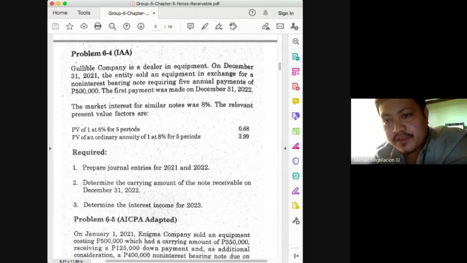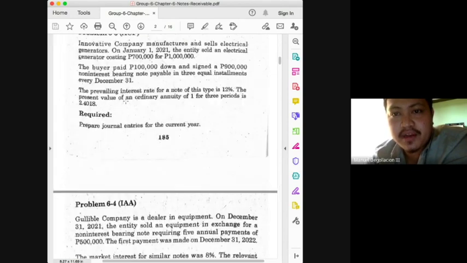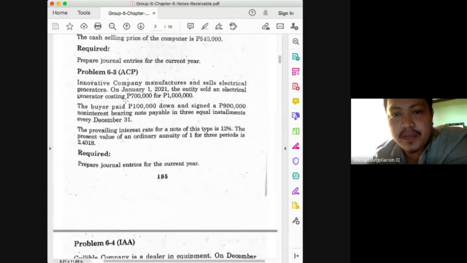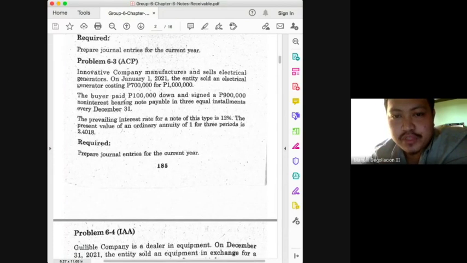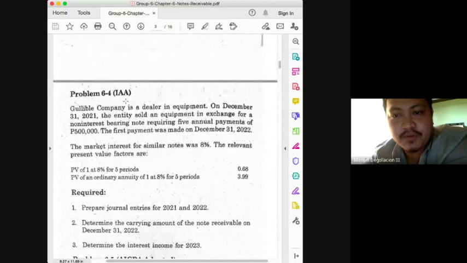Again, one of the things you're supposed to figure out in this problem is to know that you are supposed to use 3.99 instead of 0.68. 3.99 multiplied by 500,000. Why am I just multiplying directly 3.99 with 500,000? If you'll remember in problem 6-3, I reminded you not to immediately multiply 2.4018 with 900,000. I asked you to divide the 900,000 by 3 before you multiply it with 2.4018. But why in this case, in problem 6-4,